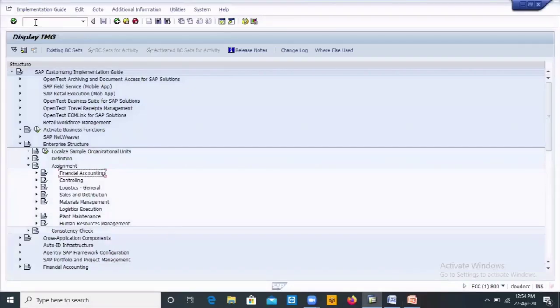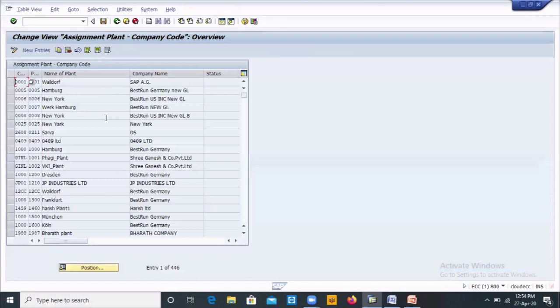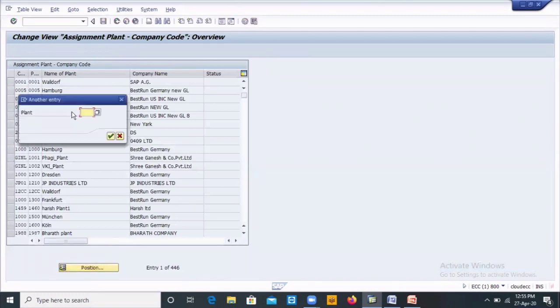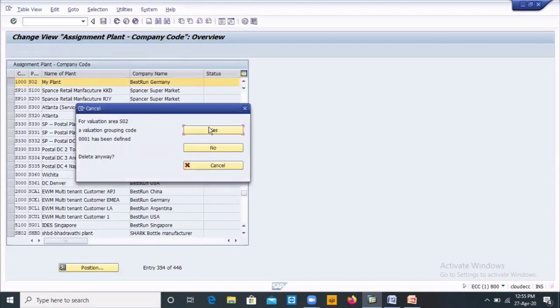So same path: SPRO, SAP Reference IMG, Enterprise Structure, Assignment, and go to Logistics General. Here, assign plant to company code. What is our plant? S02. So here plant S02 is already assigned to company code 1000, but our company code is different. So what we do, we have to delete it. Delete this 1000 company code